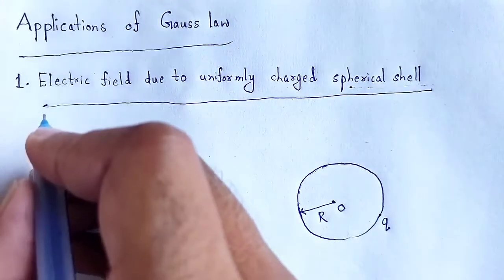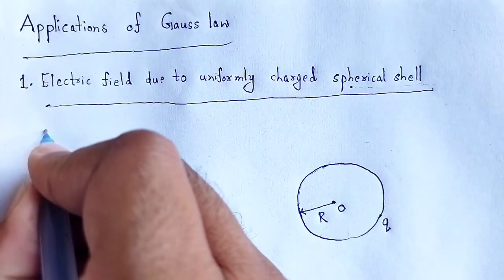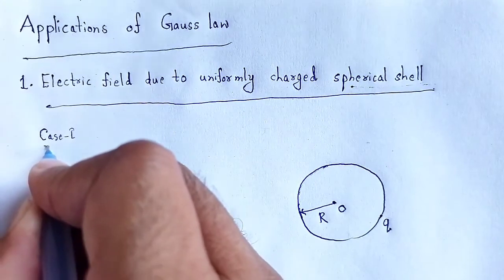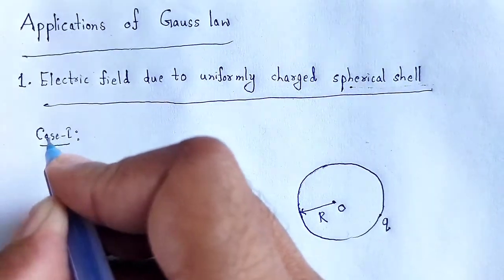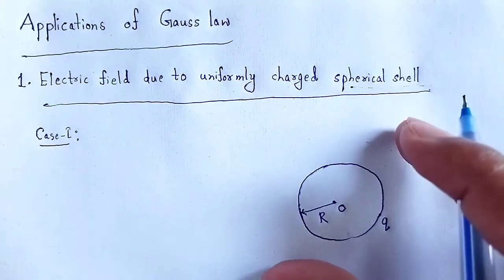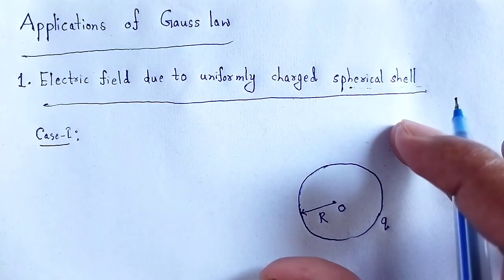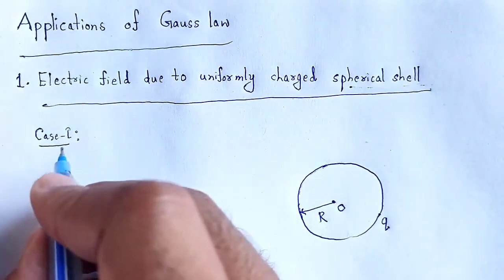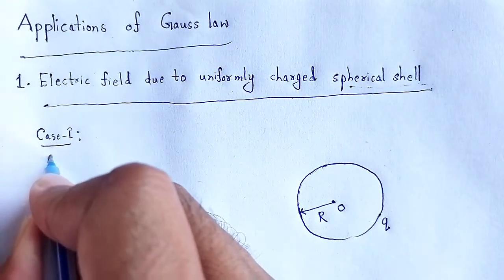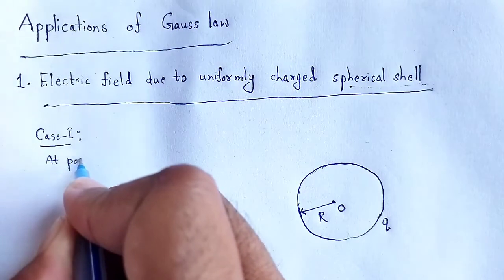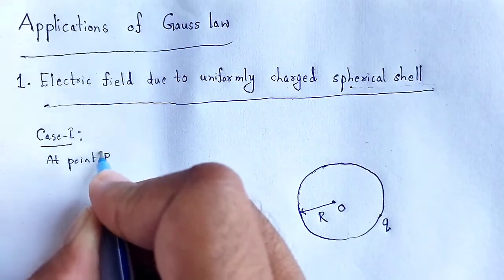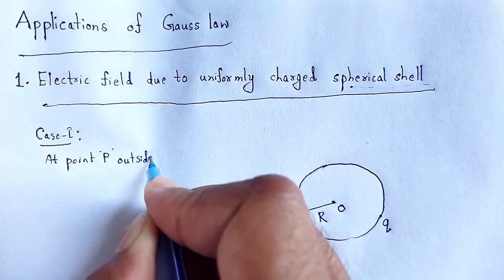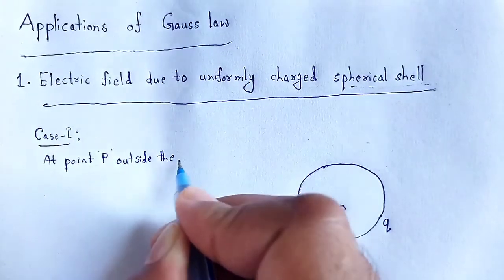First case, case 1, when the point, let that point be P, is outside the charged spherical shell. At point P outside the charged spherical shell,